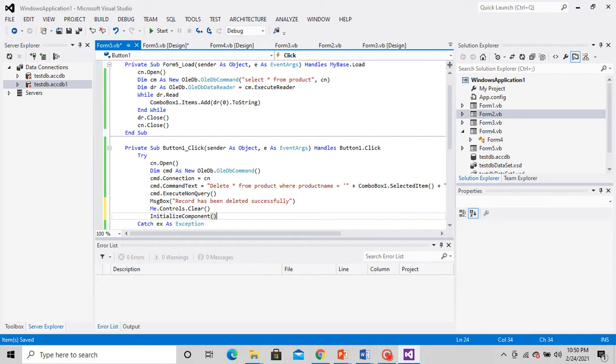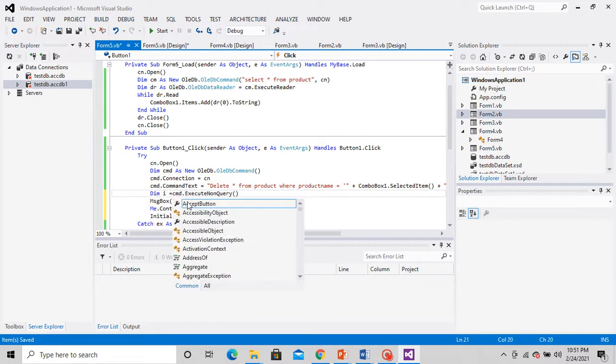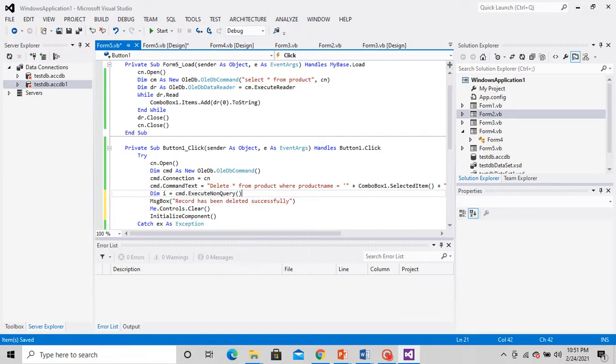Now coming to the catch part. To get the number of records deleted, you can just add like this.